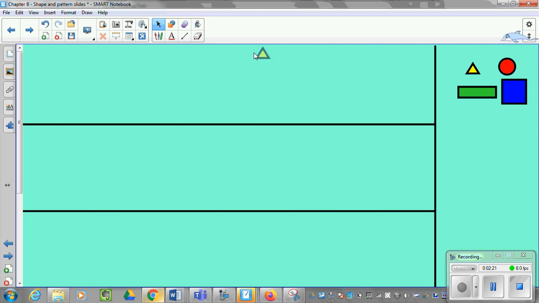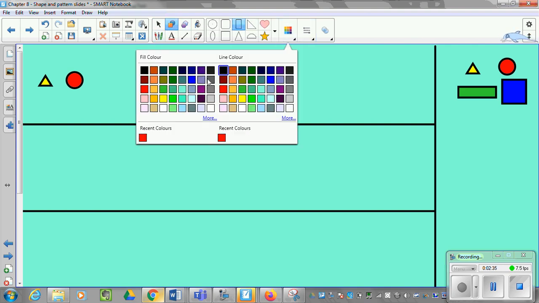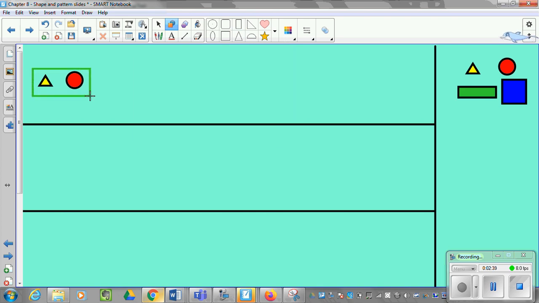So first of all, I'm going to make a one-step repeating pattern. I've gone for yellow, red. Okay, so that is the beginning of my pattern. So just to remind myself, I'm going to put a little line around it, a box, so I know that is what my repeating pattern is, and I want that to repeat and repeat and repeat. So then I can go back to the beginning. Oh, my next one is yellow. Then my next one is red. So I've done my pattern again. I'll start from the beginning. Yellow